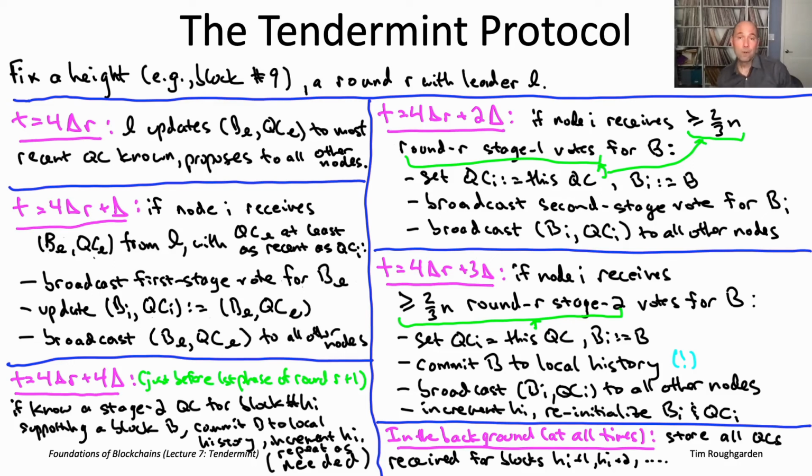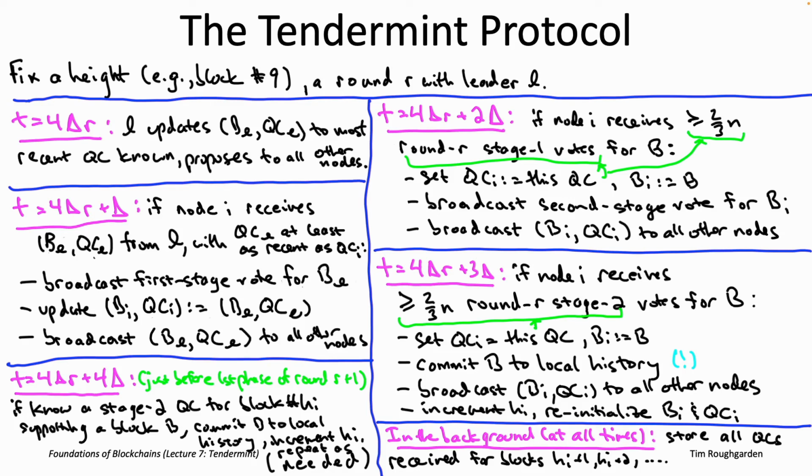So that's the Tendermint protocol, or at least the version that we're going to be talking about. And I hope the 3 high-level ideas that I mentioned in the intro video all come out pretty vividly in this description, right? The idea that you have iterated single-shot consensus, with the different instances parameterized by the block number, that you have these kind of aggressive timeouts, right? So to deal with Byzantine leaders and long message delays. So you get one new attempt at committing a block each new round, each new 4 delta time steps. And then obviously we have the 2 stages of voting. The votes are cast in the second and third phases, and then the results of those votes are processed in the third and fourth phases.